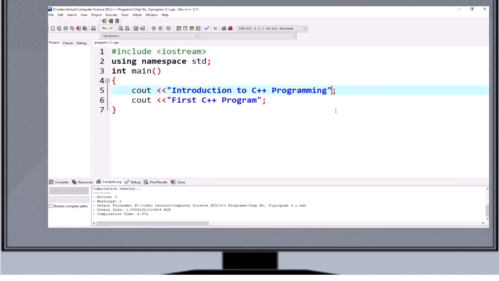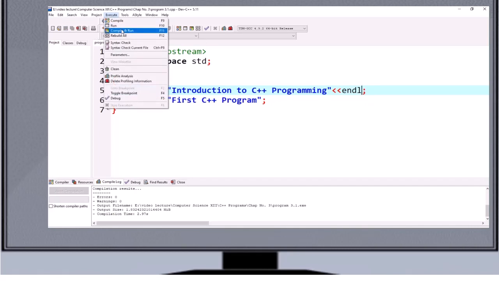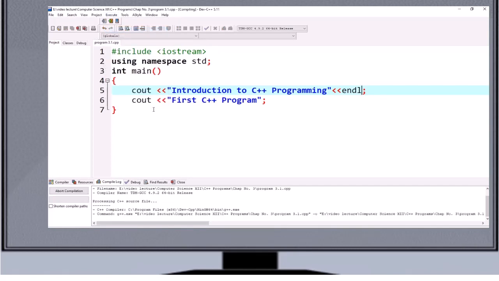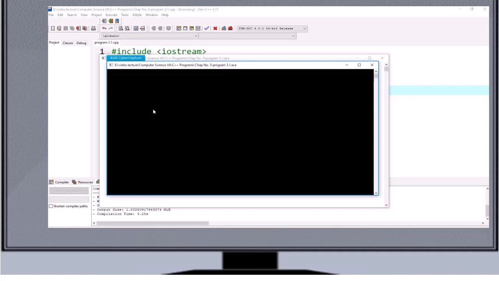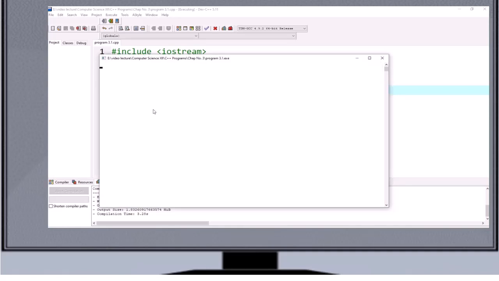For this purpose we will use endl. It inserts a new line in the program. Now compile and run the program. And now you can see the output on the screen, that is introduction to C++ programming, and on the next line, first C++ program.